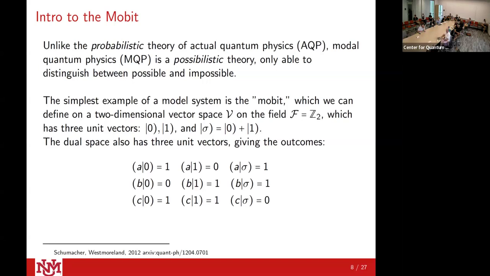Let's see. Oh, that's right, your dual. I have these dual vectors defined as A, B, C. So you have your vector space V, and you have the dual vector space that generates these outcomes. Essentially, A would just be 0 dagger, B would be 1 dagger, and C would be sigma dagger. Although that doesn't really work because these are all a real vector space. And also, it's a binary thing, right? You can just have 0 or 1. These things can just be possible or impossible.